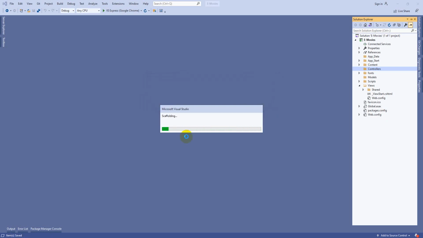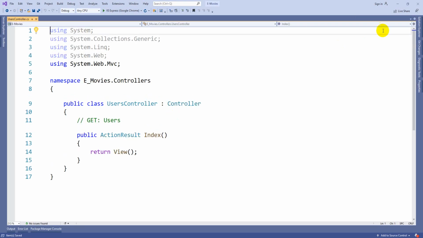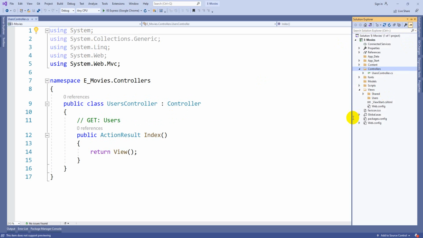Now you can see it is going to show you an option, scaffolding. From the existing previous code, whatever we designed, the system is going to generate the code. That process we can call scaffolding. Now if you observe here, the UsersController.cs file was generated. With the same name we got one folder in the views also, Users. Whatever view I generate from here will be created in this folder.